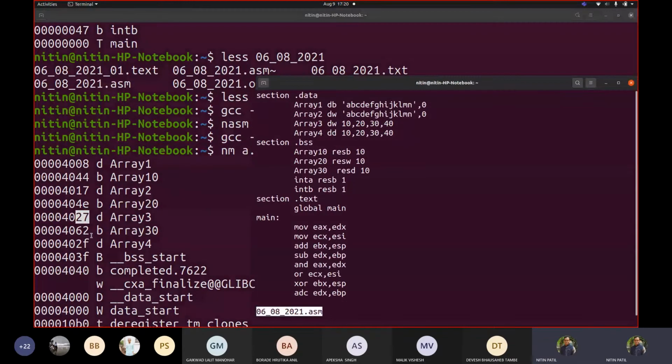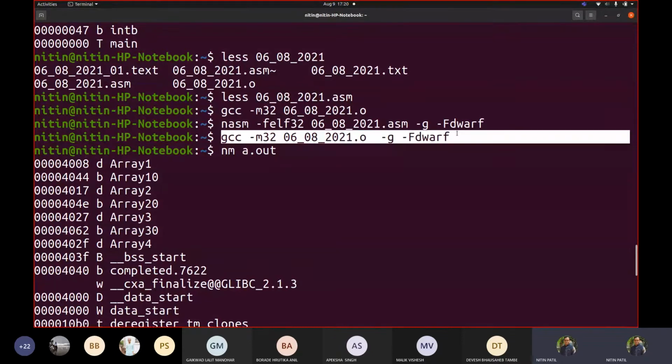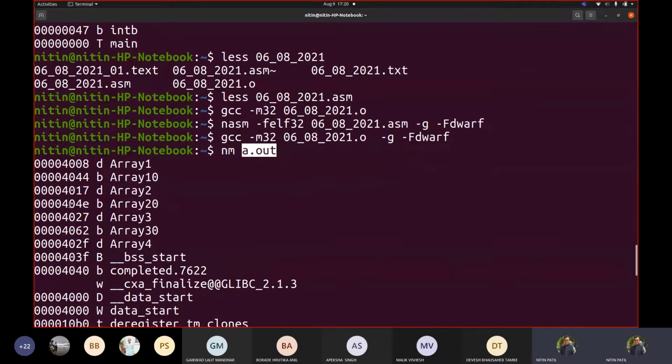So there are different kinds of bindings involved. One is assembly time binding, which we saw earlier through NM, by considering contents of the .o file. Then we shifted our scope rather to an executable which we generated using the linker. Correct. This gave us an a.out. So this a.out, when we checked it with NM again, these are the addresses that are generated. These are actual translation addresses.